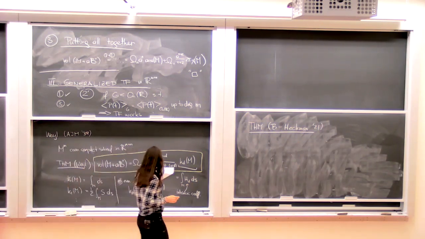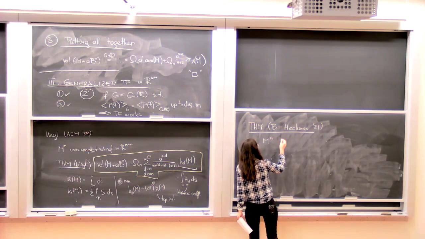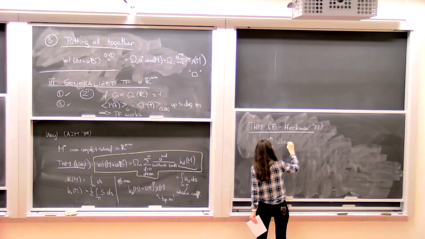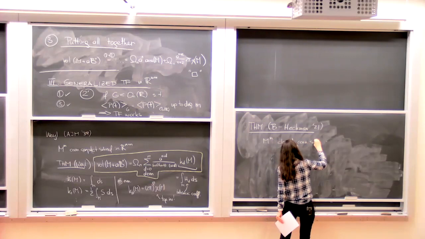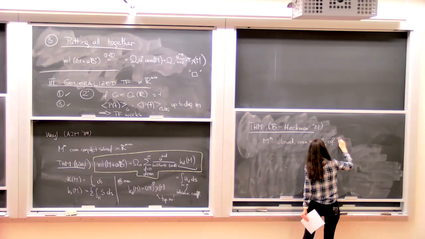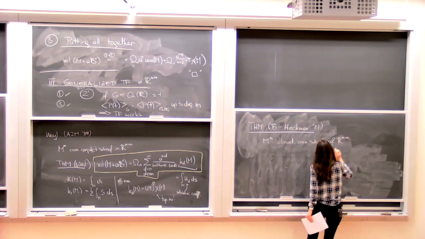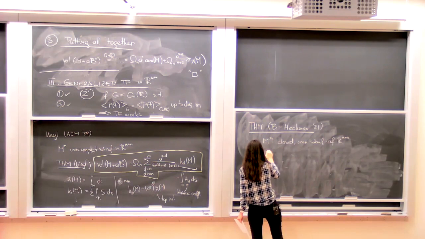The setting is otherwise pretty much the same. So M is a closed connected manifold, so compact without boundary, a submanifold of R^(m+n). The submanifold stays the same,